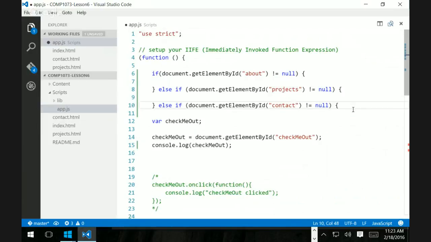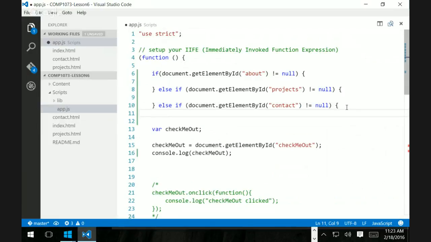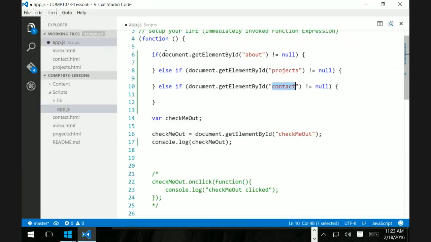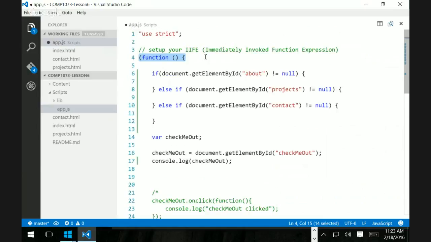contact, and do this. So we have a series of if statements that check what my body tag, if it exists, if about exists, if my project exists, if my contact exists, right? So multiple pages, right? So I'm not really assigning a variable. I'm just checking my document every time I access it. Okay, if it's true, if this page is loaded, and this app.js, this iffy is going to trigger every time